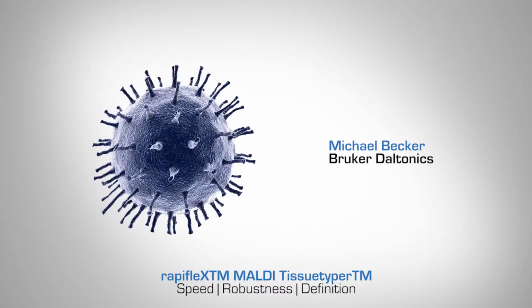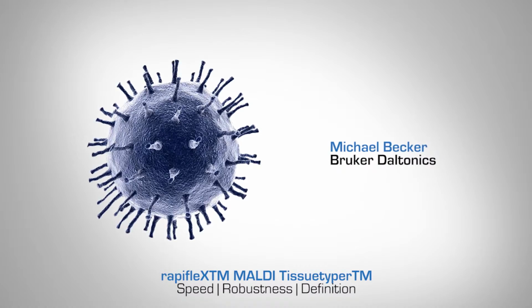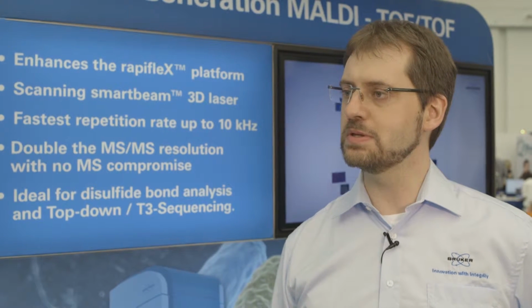MALDI imaging is acquiring mass spec data in a spatially resolved manner from the surface of any sample. The samples we are focusing on, and that's also because the advantages of the new instruments lend themselves to it, is analyzing tissues, and in particular human tissue samples. And there we are trying to elucidate new biomarkers to look at disease stages or responsiveness to certain drugs for